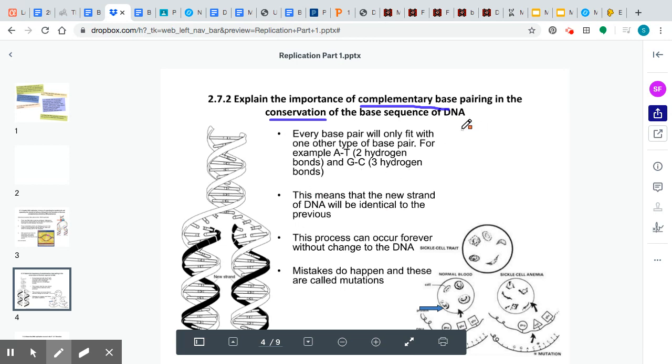Complementary bases, if you remember, means that A, adenine, will always form a bond with thymine, and that cytosine will always form a bond with guanine. And because we have that, we are guaranteed to conserve, or save, the DNA sequence. So you might be like, well, that doesn't make any sense. So let's just illustrate that real quick. So if I have